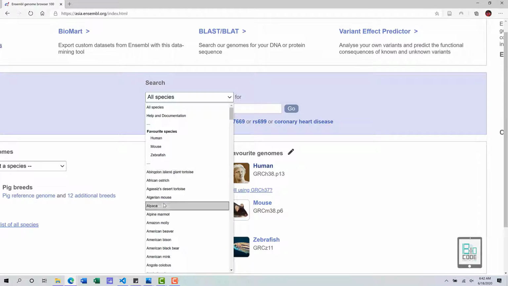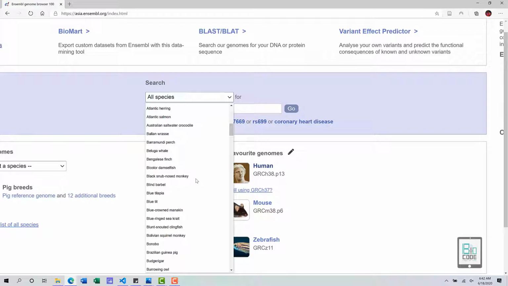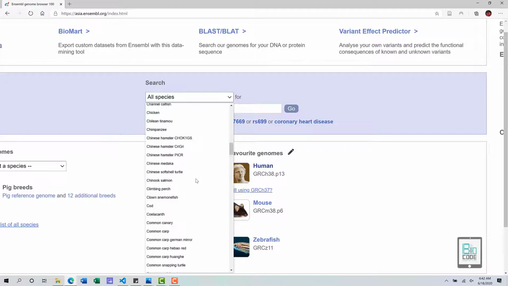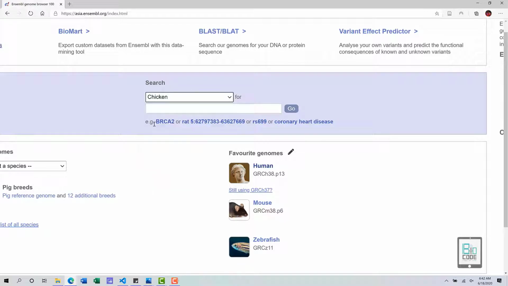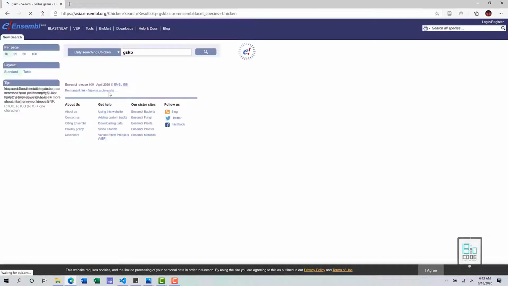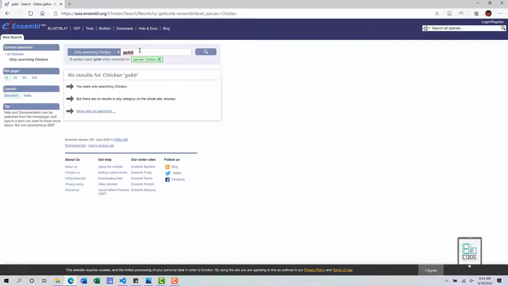So what I'm going to do is select some sort of bird, and then we are going to retrieve a particular protein from that species. I have selected the organism chicken, and I'm going to find GSK, which is basically a glycogen synthase kinase gene present within most birds.